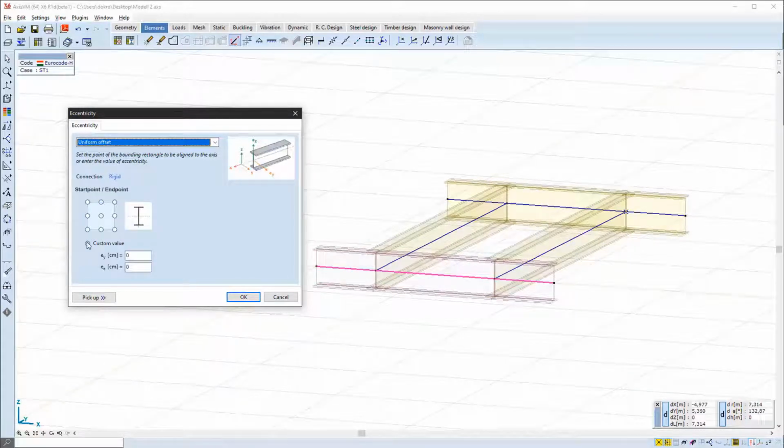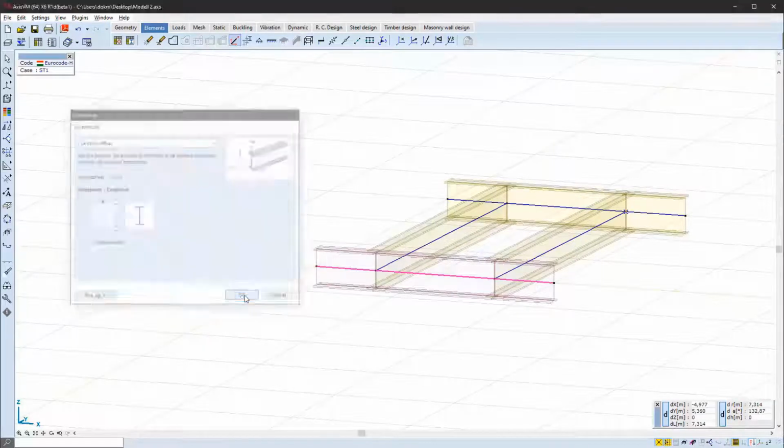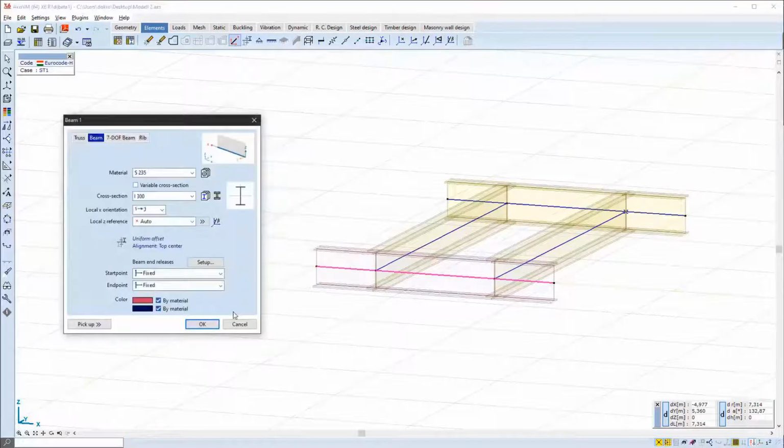In this case, the eccentricities are constant along the member and can be set by radio buttons representing selected points of the cross sections, or we can choose to manually give eccentricity values measured from the logical axis of the cross sections. So local X, local Y and local Z values can be defined for eccentricity.